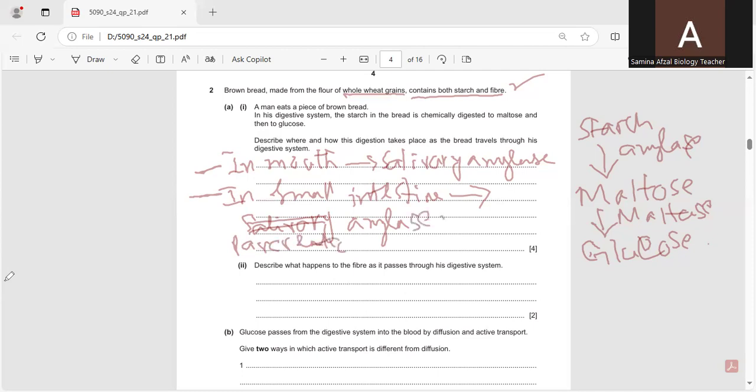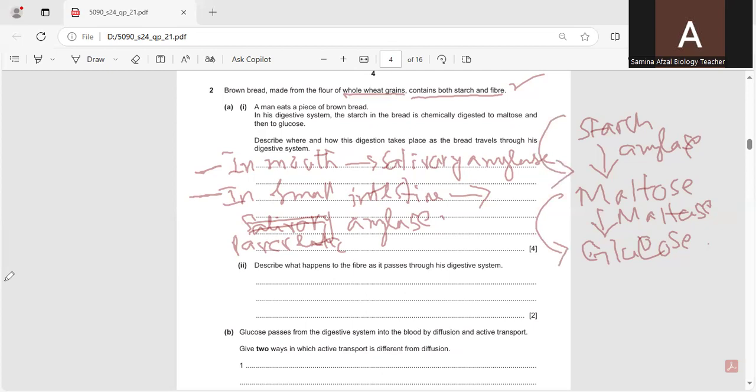So in this way, in the mouth and in the small intestine, the digestion of the starch takes place first of all into maltose, and then maltase will act on the maltose, and the maltose will change into glucose. Firstly, salivary amylase will change starch into maltose, and then it will be changed by the maltase into the glucose molecule. So in this way, the digestion of the starch takes place in the mouth and in the small intestine. Now the next question, describe what happens to the fiber as it passes through the digestive